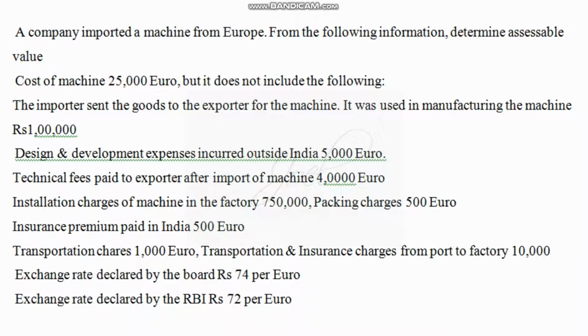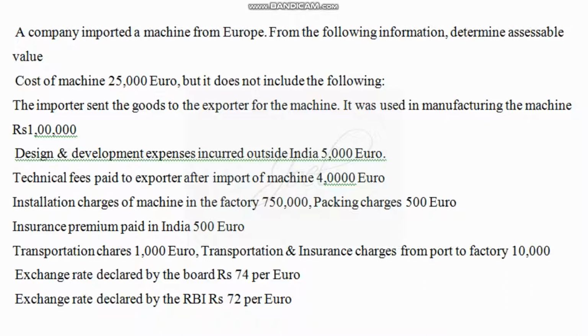Now some of the things we should know. When it comes to FOB price, if in the problem FOB price is given, to this FOB price we have to add two things. One is the cost of transportation, and insurance, loading unloading charges. These things we are going to add. If it is given, that value we are considering. If it is not given, in case of transportation 20% of FOB, in case of insurance 1.125% of FOB will be considered. Now what will we do when CIF value is given?